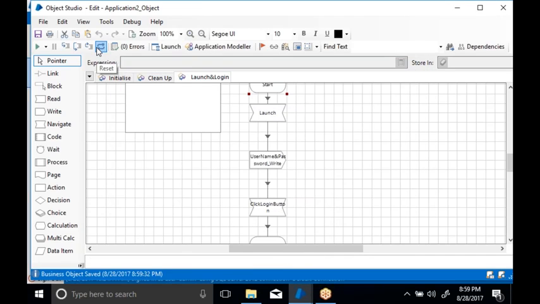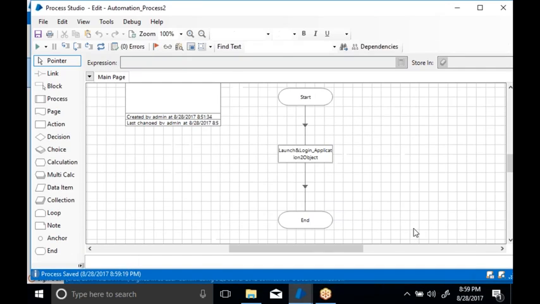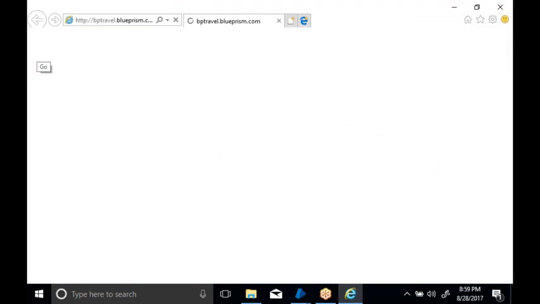Now run, reset, and go to the process, go to the process and reset, and click on a button. Now here in run types, you will have three types: fast, normal, and slow. Now just select fast and run this. I will select normal as of now and run this. Now it will launch the application.